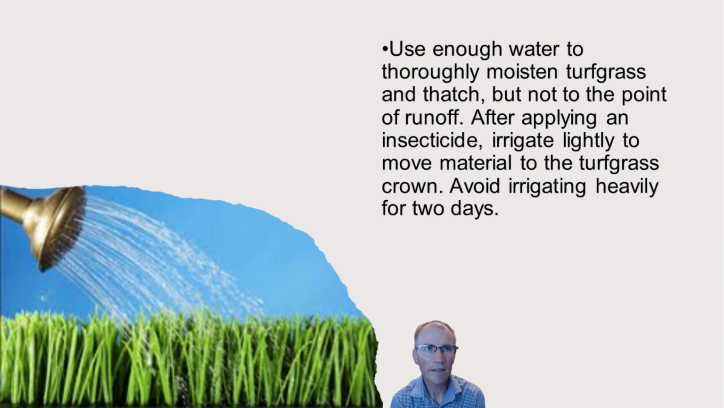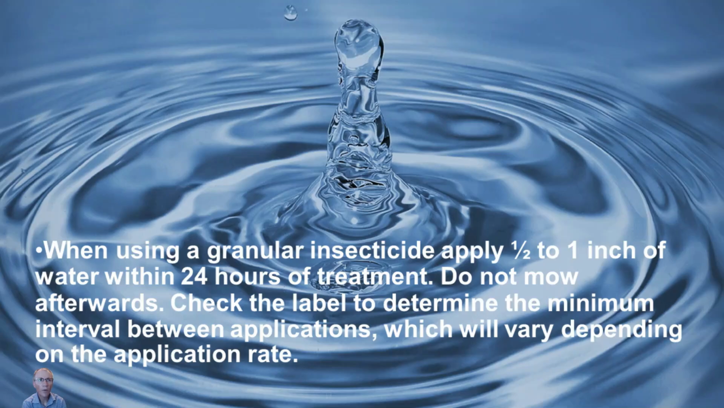After applying an insecticide, irrigate lightly to move material to the turfgrass crown. Avoid irrigating heavily for 2 days. When using a granular insecticide, apply 1/2 to 1 inch of water within 24 hours of treatment. Do not mow afterwards. Check the label to determine the minimum interval between applications, which will vary depending on the